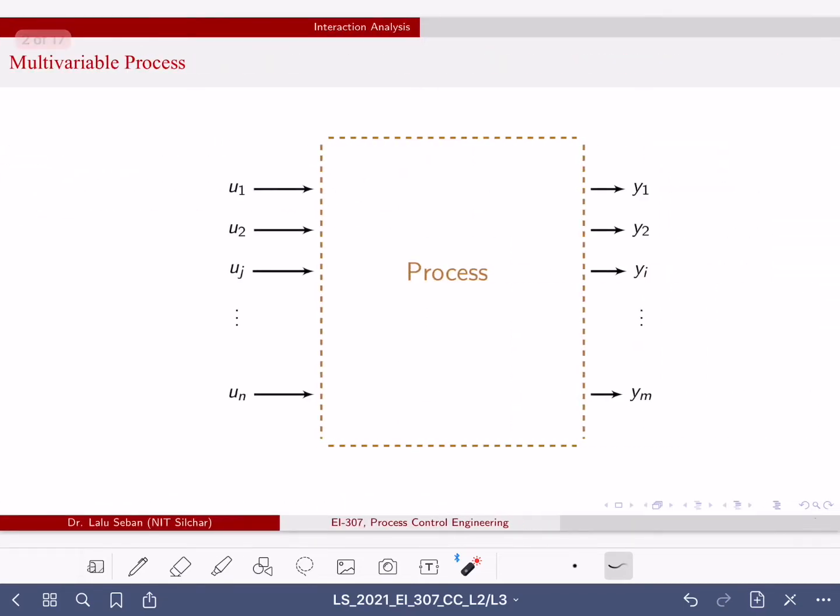So in a multivariable process, which will be having n number of inputs and m number of outputs, we have to control many of the outputs. They will be the control variables, which will be having some relevant market value. So we need to maintain these values at some particular desired value. How we will be doing it? We will be doing it by manipulating the input. So these y are functions of inputs, so we can manipulate some of the inputs to change the output.